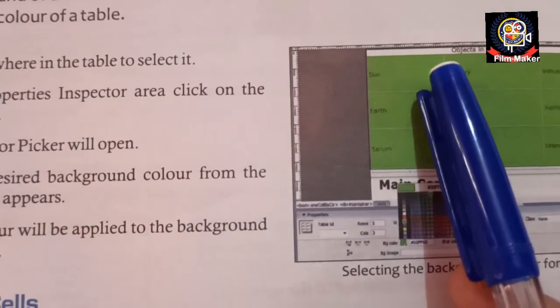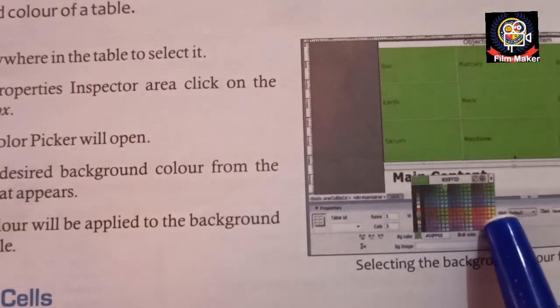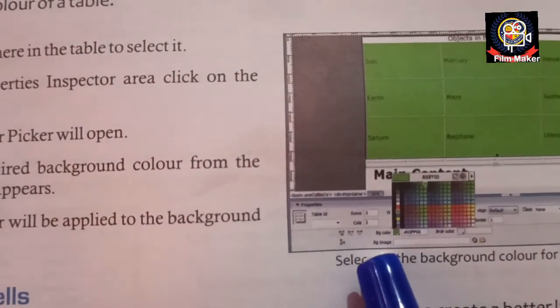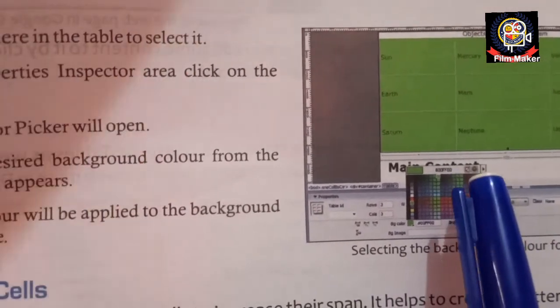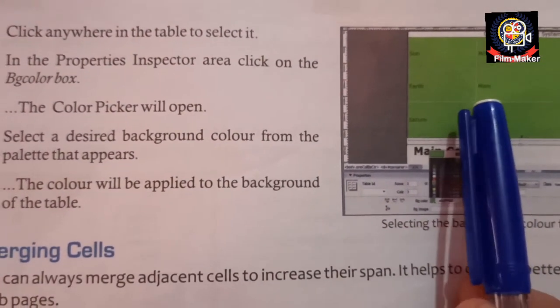First of all, you need to just select anywhere in the table. Then through the property dialog box, this is the color option you are getting. Select the appropriate color, whatever you want to display as a background in the BG color option, and whenever you click the desired color, click OK, so the background color will be applied.